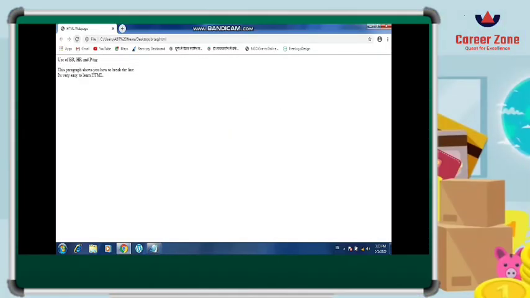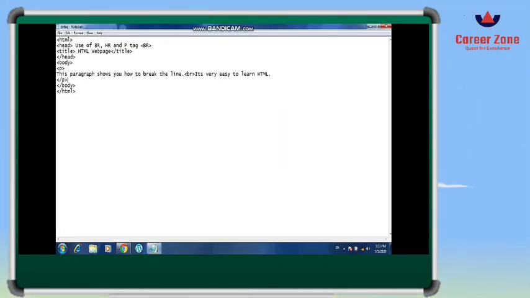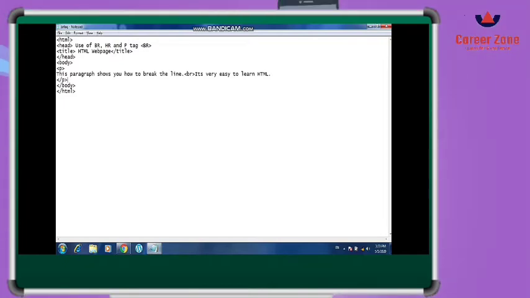So now I have closed the P tag. See what is the difference. The P tag gives us space before and after the text. Before the starting of the text, we have seen that there is a space automatically given by the browser. But after the ending of the text, how will we judge that the space is given?